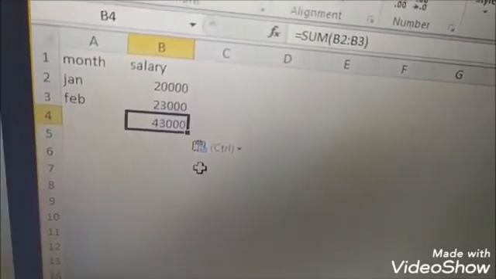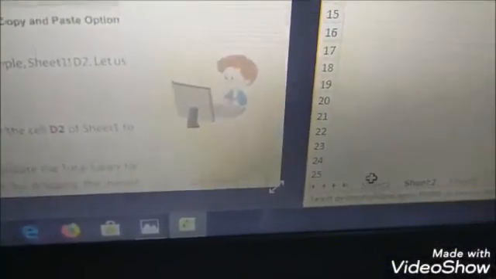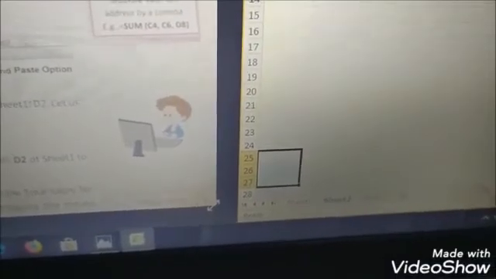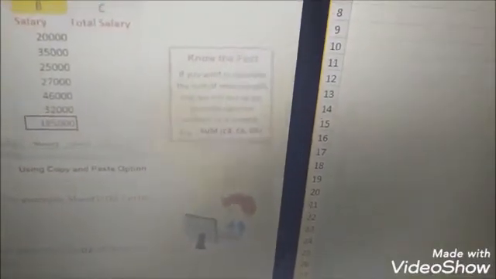Okay. Another procedure is there, using sheet reference also we can do it. How to do the sheet reference? Okay. So it is in sheet 1. Which cell it is, just remember. Which sheet it is? Okay. It will be B4. Okay. Now in sheet 2, I have to go to sheet 2. I go to that. I delete, I press equal. Okay.